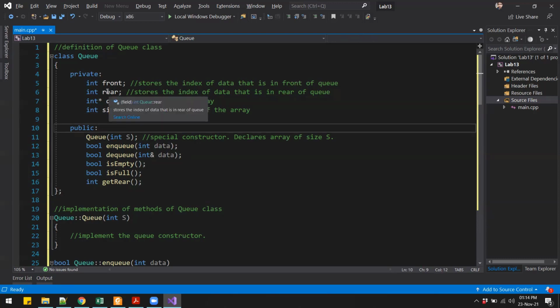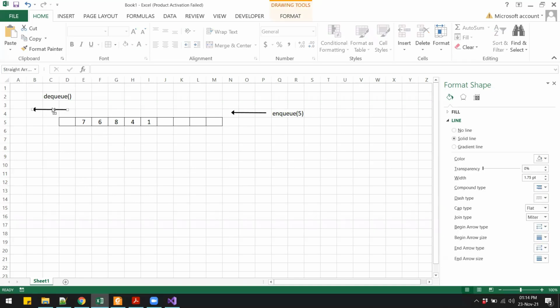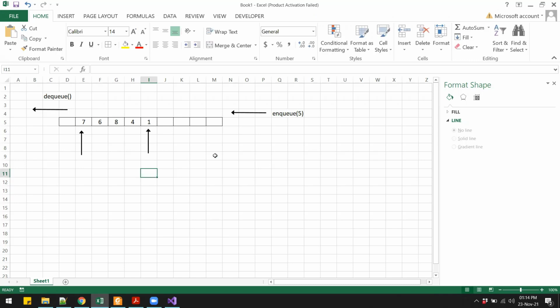The front and rear over here are used to keep track of the front and the back of the queue. Looking at this particular example, currently our front is pointing to number 7, right? And the rear is at 1. If I enqueue some data into the queue, that will go at the end.